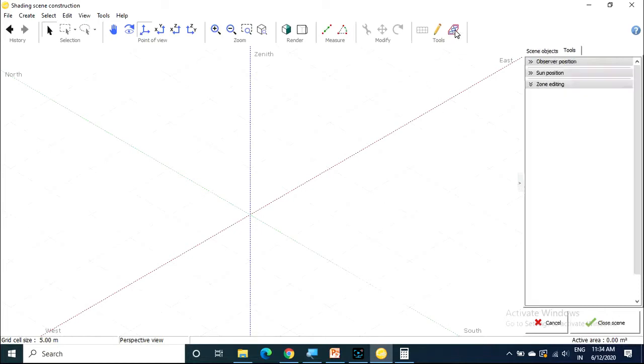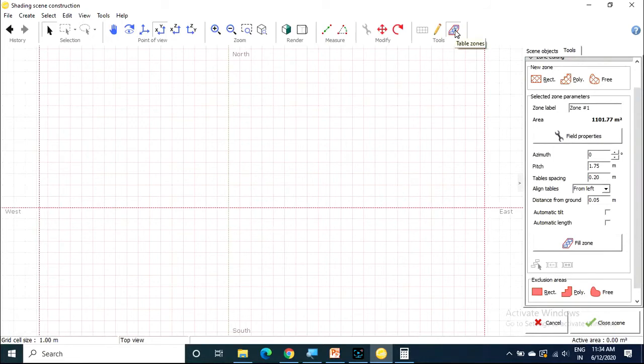Go to this tools. When you click on tools, you will get some options. This is rectangular, which means you can consider the rectangular area of your plant. So like this. This is the rectangular area of your solar plant.